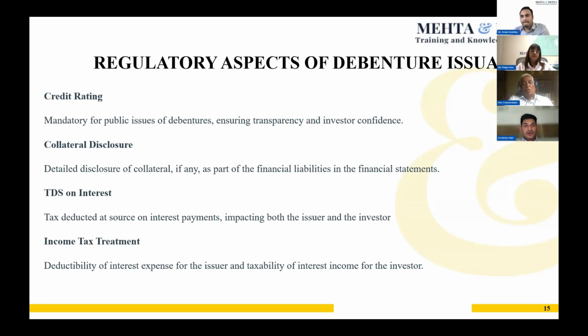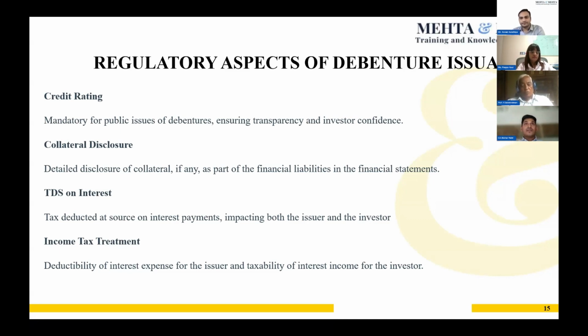When we issue the secured debenture, we have to clearly mention against what security these debentures are issued. If there is another loan or somebody who already has another charge, we also have to mention whether it ranks pari passu with, say, some other banks or some financial institution. So we need to give disclosure for all the collateral,